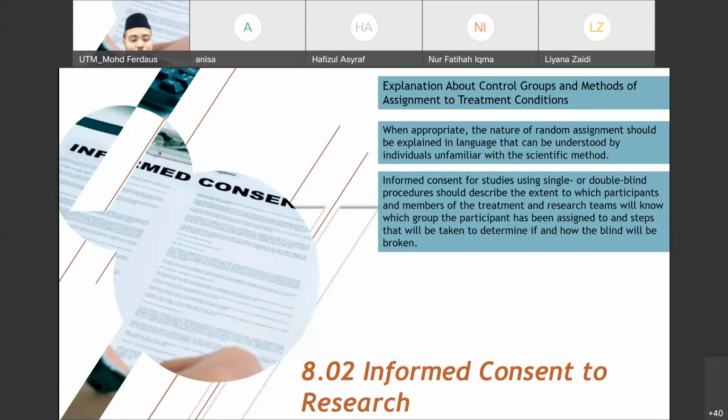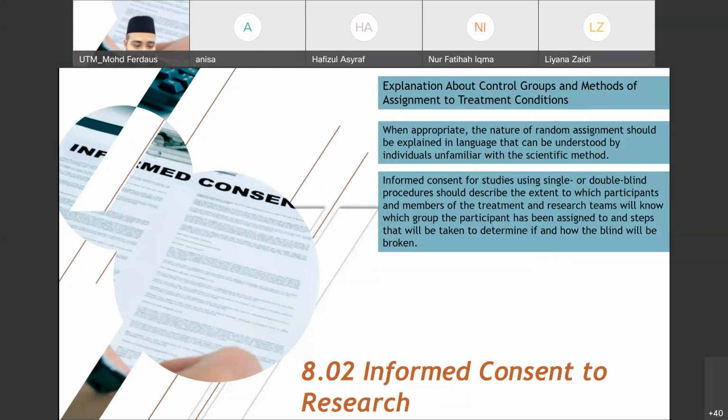Okay, so bukan sahaja student tak tahu mereka ini adalah in experimental group ataupun in a control group, tetapi pensyarah itu sendiri pun tak tahu sama ada dia sedang memberikan eksperimen atau memberikan experimental condition, experimental treatment, or dia sedang memberikan placebo. Okay. So how is it possible? How could it be that the administrator doesn't know? The researcher knows, but the one who administers it does not know.